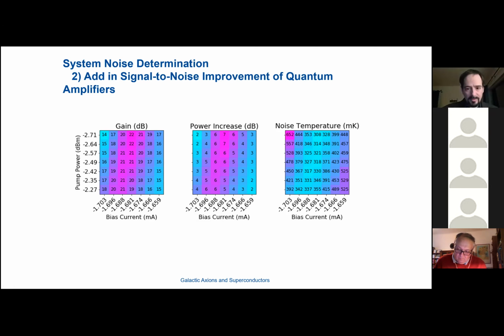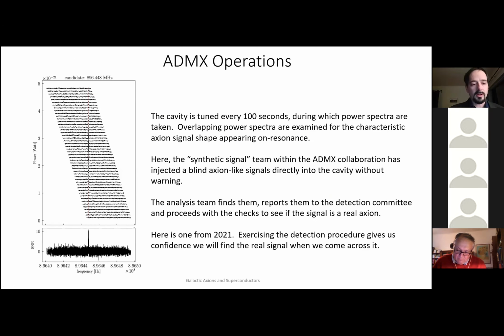So I simply wanted to point that out for those who are working on quantum limited amplifiers, that the calibration is key in these, because this tells you what kind of limit you can set in the end, what sort of axion power you're sensitive to. So moving on to talking about what it looks like in the real data, the cavity is tuned every 100